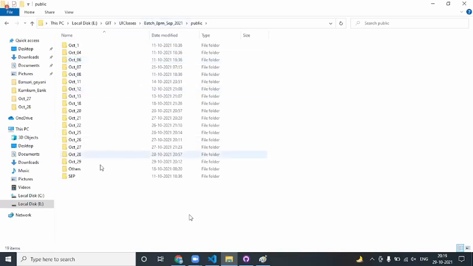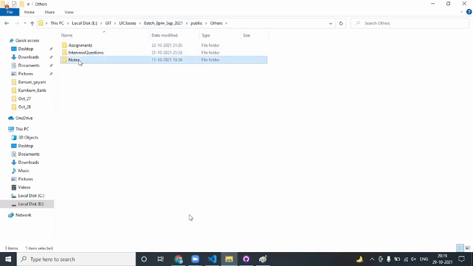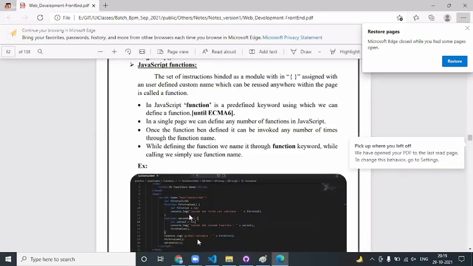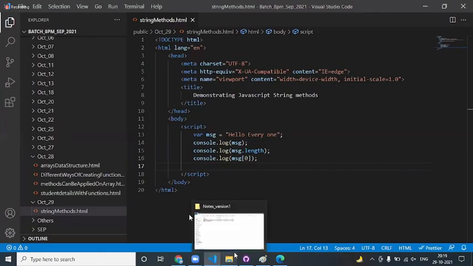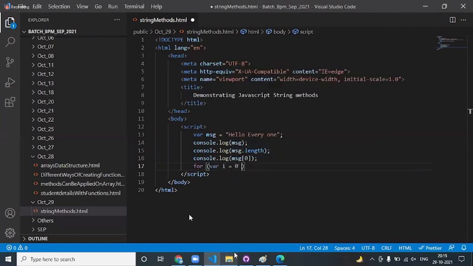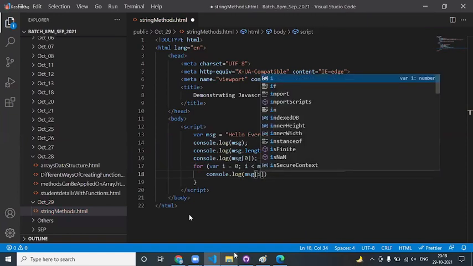Sir, I have a doubt, sir. Yeah, please go ahead. Sir, in an array for all the output we apply a loop, but here we don't. I see. We cannot loop, right? Who said we cannot? Now I say for i equal to 0, i less than msg.length, i plus plus. Now can I say console.log? No, sir. I am telling you, in an array it directly doesn't show like a console.log message. This message is like an array. For that, we use a loop. I mean, that is the difference, right?